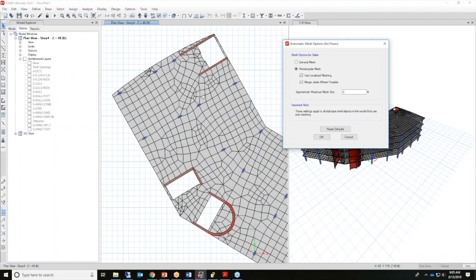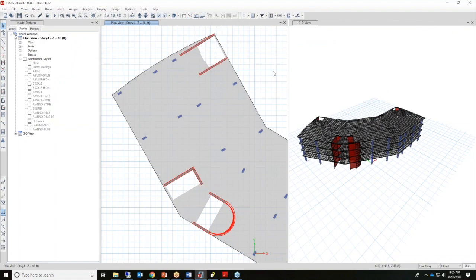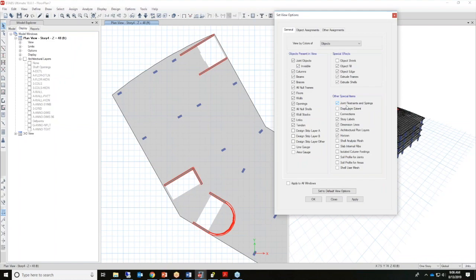So let's take a look at this. We're looking at general mesh. I'm going to click on rectangular and click OK. We've selected the approximate maximum mesh size of 4, and we'll touch upon these in a minute. If we click OK, and we click on the Set Display Options button, this is where I can select Shell Analysis Mesh. This is how I can select the mesh, and it can be shown to me graphically on the screen. So if I click Apply,